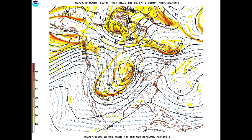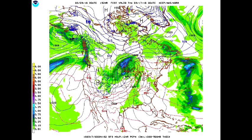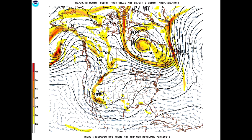as you see here. Fairly decent dynamic system moving through the Midwest back into the Four Corners region, and with a system like that, that's going to be producing quite a bit of activity. So this is a system we're going to have to watch over the next couple of days as it moves through. But what it will do as well is it's going to bring temperatures back down to a more seasonable level as we move toward the end of next week,